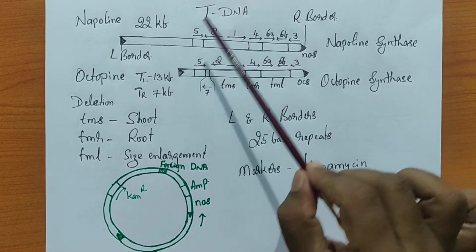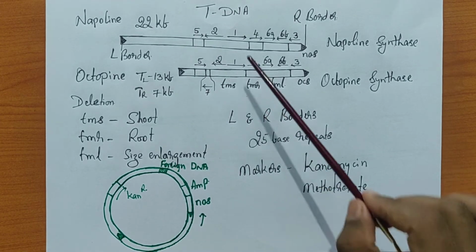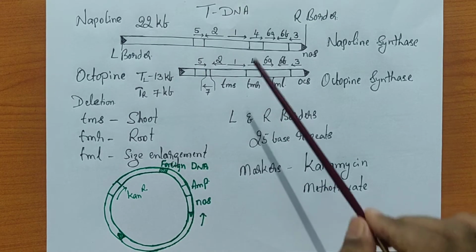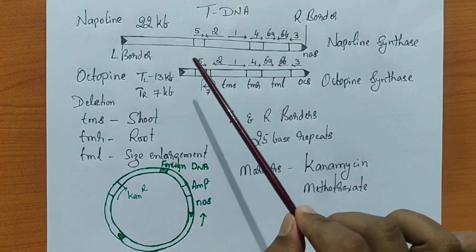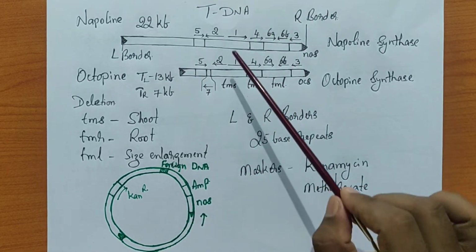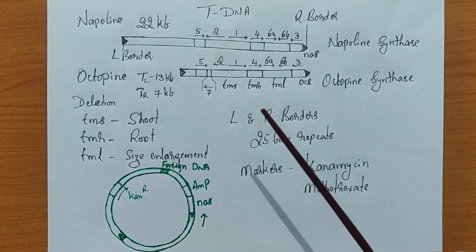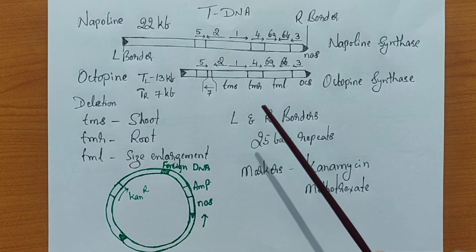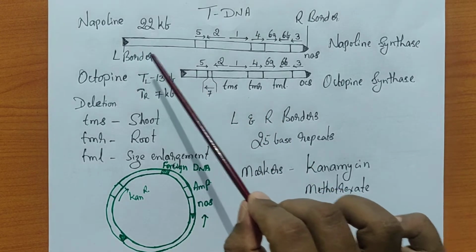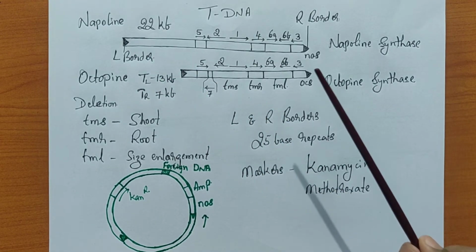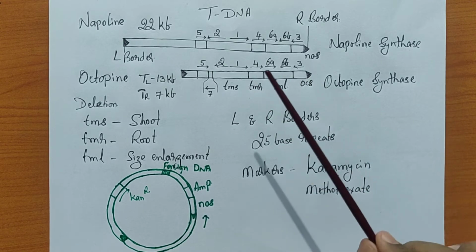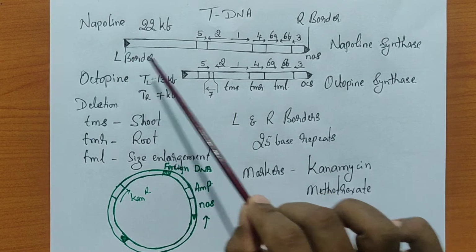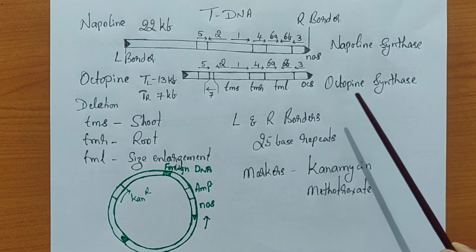Now how is this tDNA going to be integrated? The integration is quite random in a plant chromosome. It is not going to integrate in a specific region, so it will integrate randomly. During the integration, again a question is whether one copy is going to be integrated or multiple copies. Even though there are multiple copies, because not all of them are stable, only one copy is going to be stable and remain in the system and be functionally active in fact.